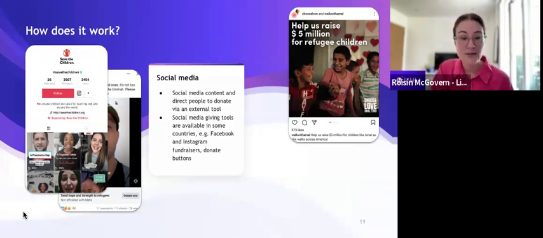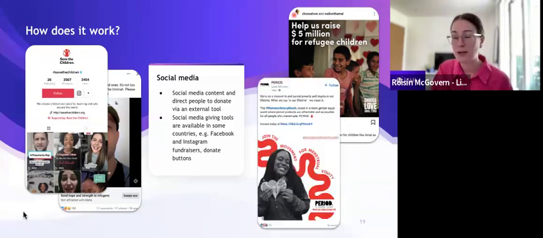And then finally, we have a LinkedIn post with a donate call to action, directing their LinkedIn community to donate by following a link to their donation page. Now, this is what a lot of organizations do, because some of the social media platforms do have online giving restrictions depending on where you're based in the world. So one really effective way of generating income online is actually using your social media channels to then direct people to your website where you have your online donation form.